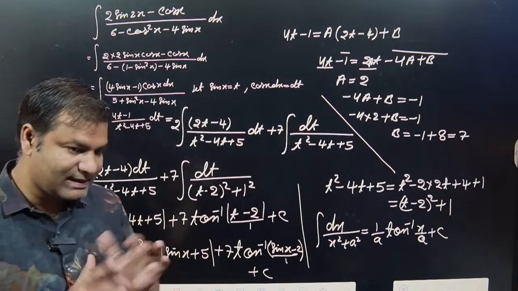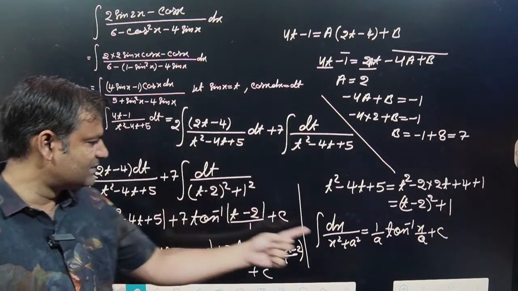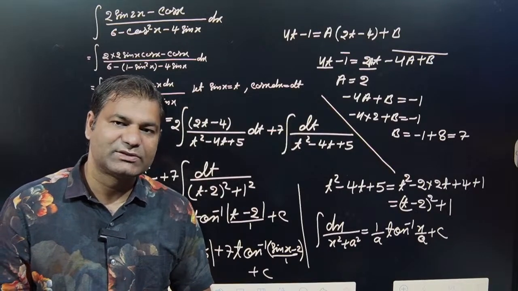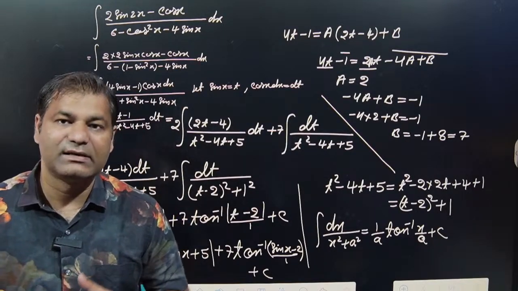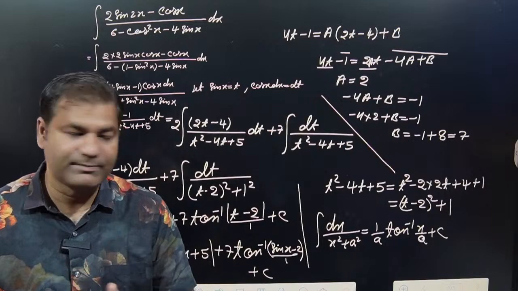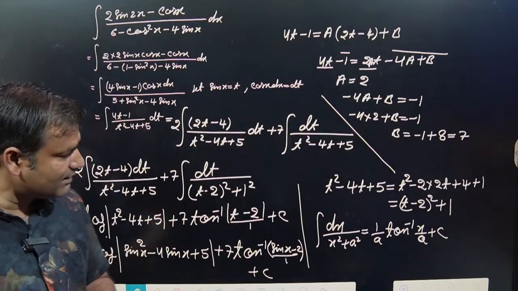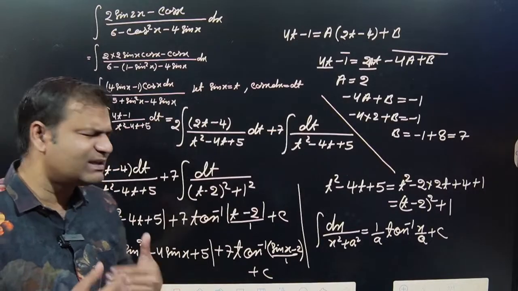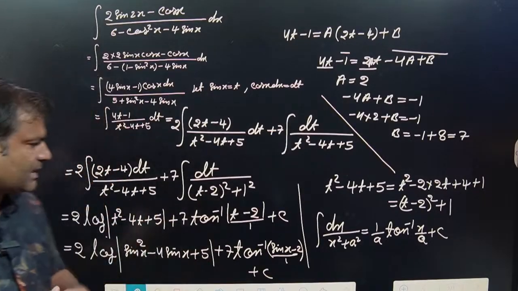So the next target is matching this formula corresponding to that one. Integration of dx divided by (x square plus a square) is written as 1 by a into tan inverse x upon a, and here x is basically t minus 2, so x is replaced by t minus 2, then